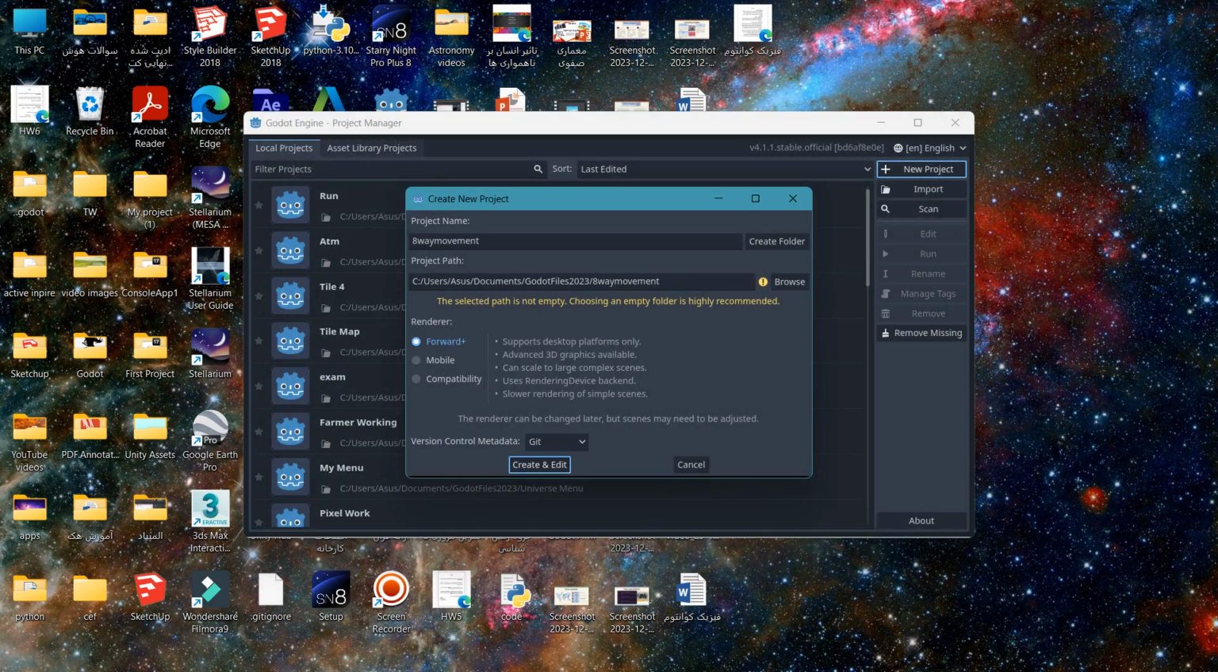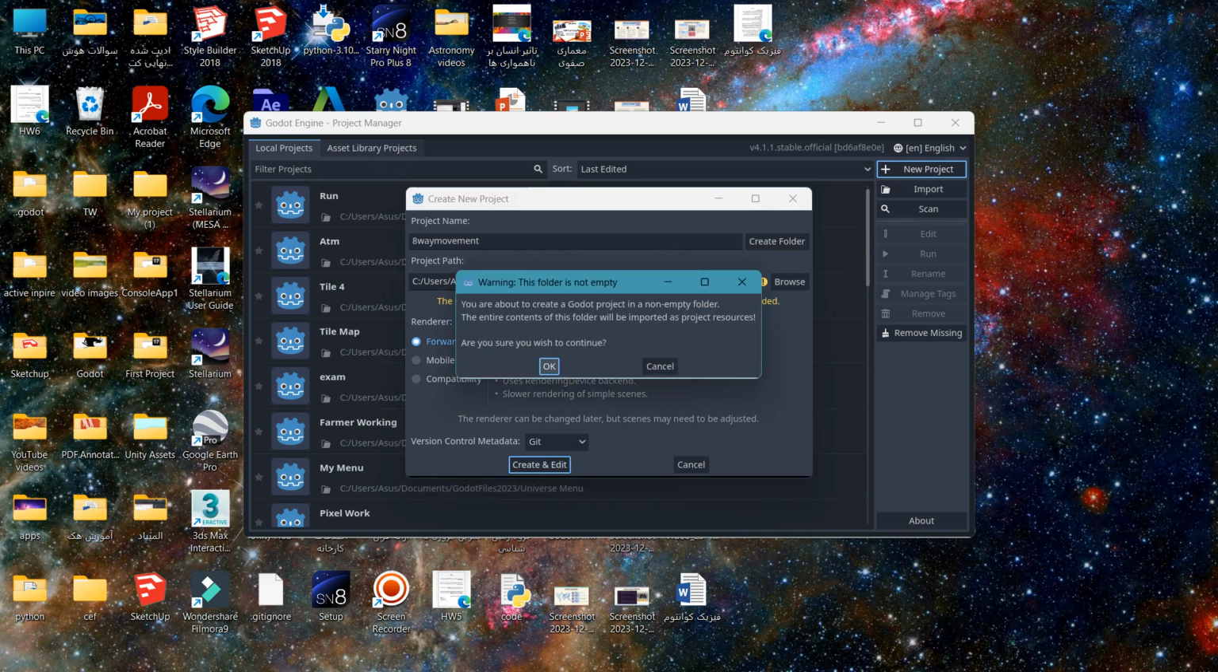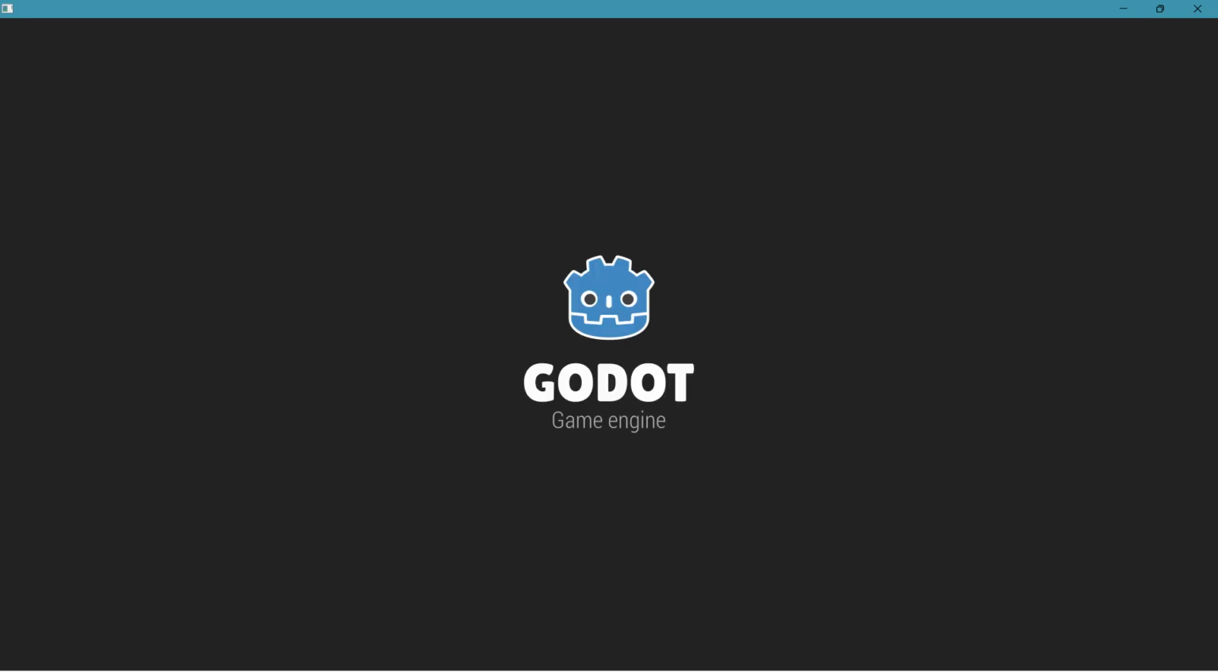and there is an error that said the selected path is not empty. Choosing an empty folder is highly recommended. You can make your project first and then make your folders. It doesn't really matter, and I didn't have a problem here, despite the highly recommended warning and other things. So we are going to wait,